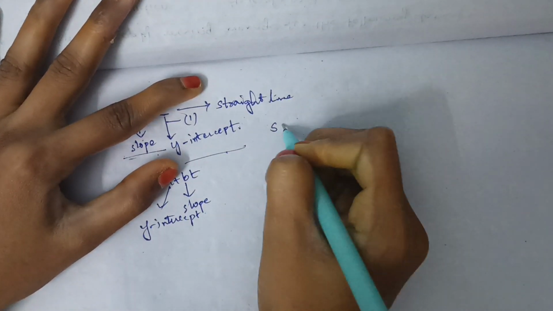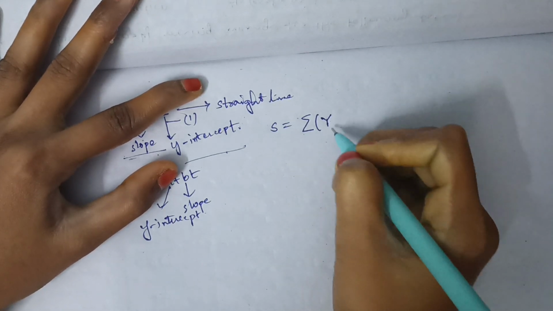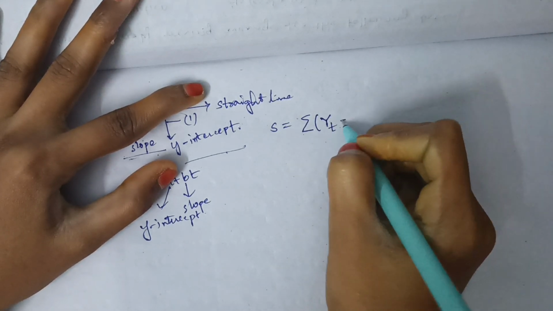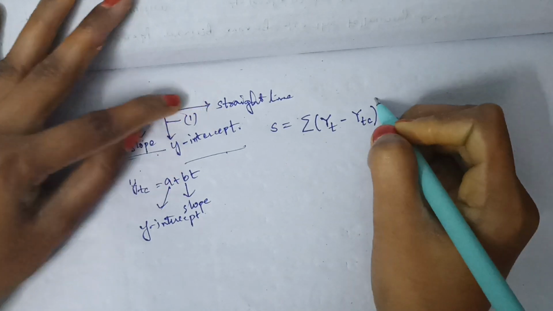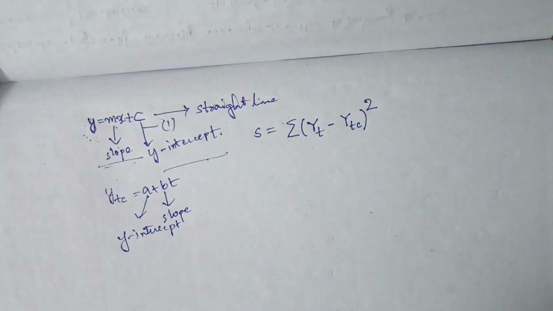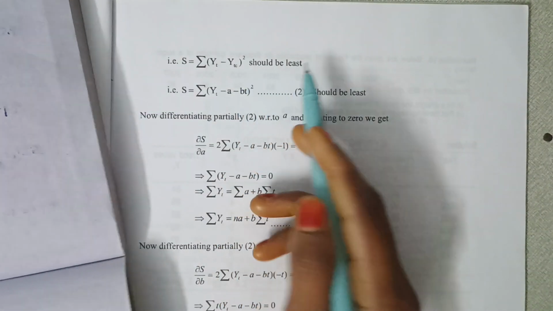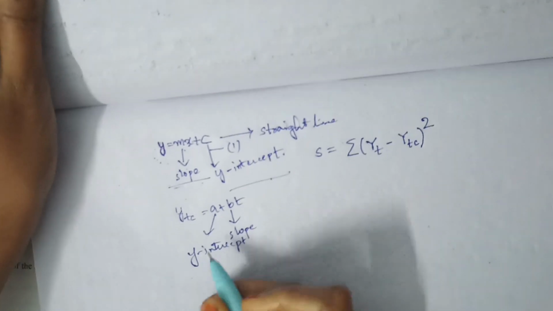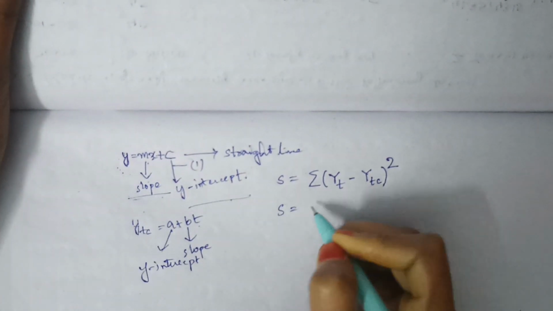So S is equal to the summation of (y minus yt) minus ytc, whole square. This is the equation we have taken here, and this should be least. And we know that the yt value is a plus bt. So take here the summation